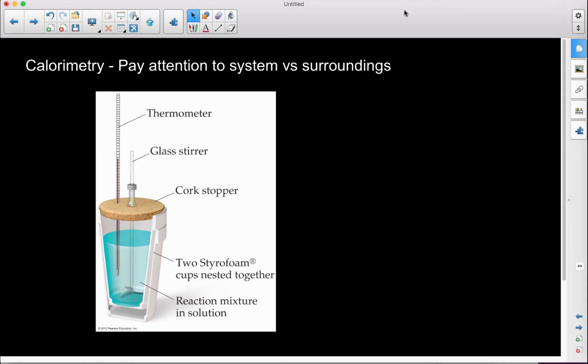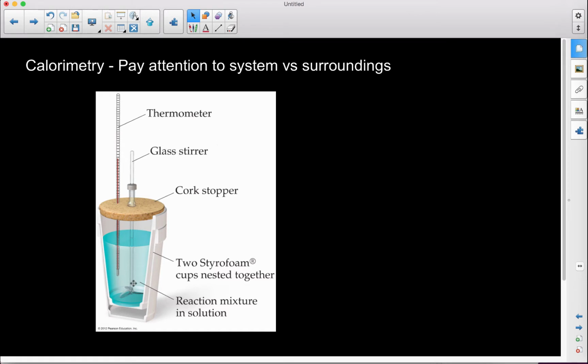Hello AP Chemistry and welcome to calorimetry, okay? Calorimetry is the one way that we can experimentally determine delta H, also known as enthalpy, also known as heat of a reaction, or a process. It doesn't have to be an actual chemical reaction, but calorimetry is how we determine the heat of a process,